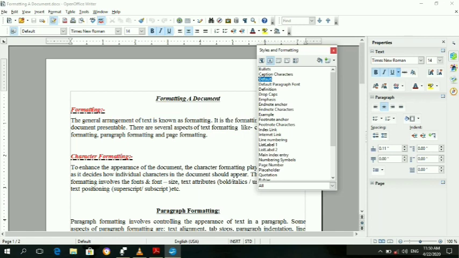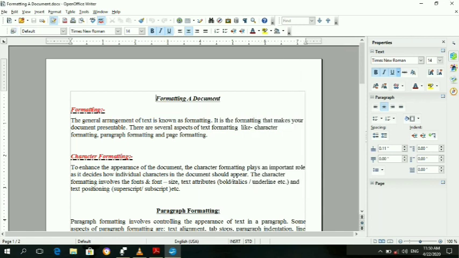Then close this. Now, working with styles. First is applying a style to a document object.